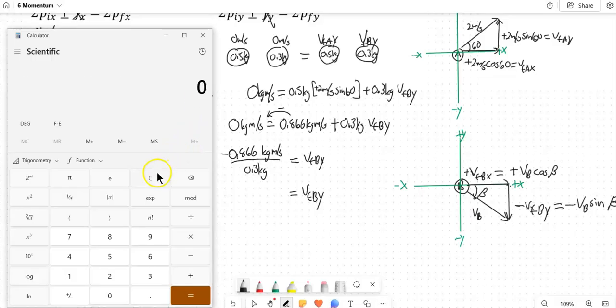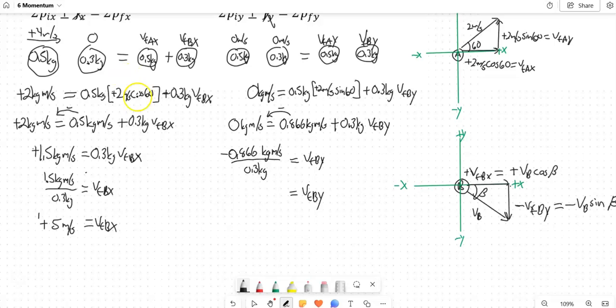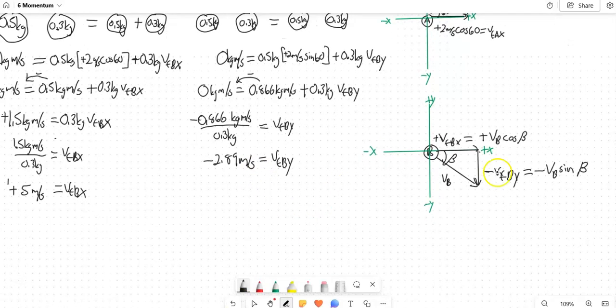It took 0.03. That's crazy. 0.866 divided by 0.3. Okay, that makes more sense. Just freaked myself out for a second. So this is going to be negative 2.89 meters per second. Okay, so these two things are important because that's going to allow us to figure out